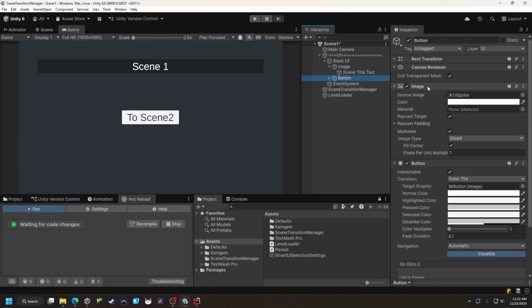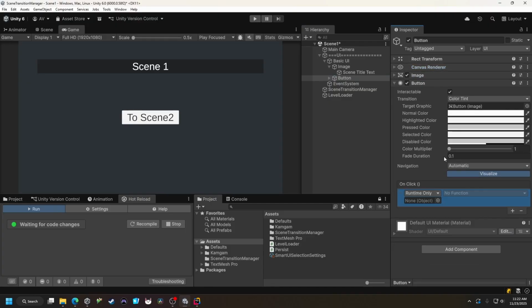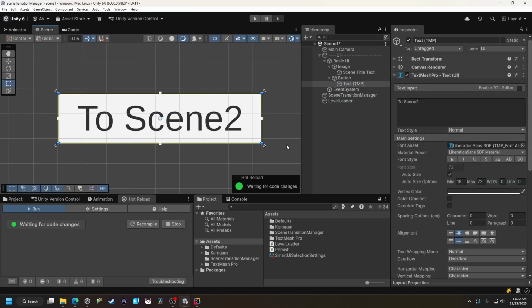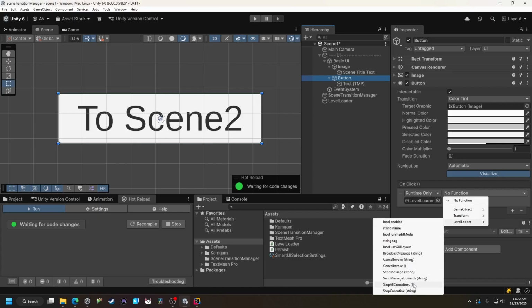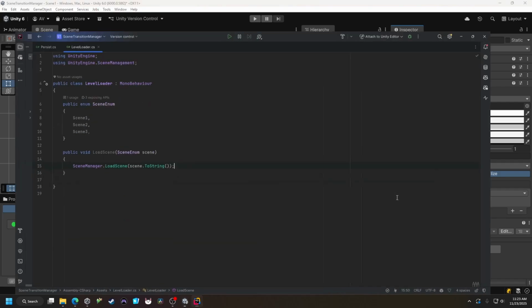So now we go on this button. Drag the level loader in, so I can select it. I think it shows the text because Text Mesh Pro works, but not my Super Text Mesh. So I want to go to level loader. It does not have it as an option. Maybe that's weird, it doesn't do it with enums. I think the issue is because it has an enum as a parameter. Well, I guess I can do something like